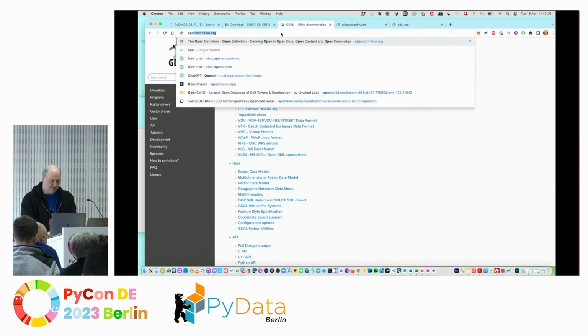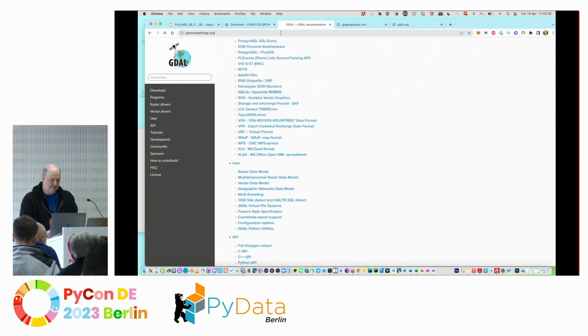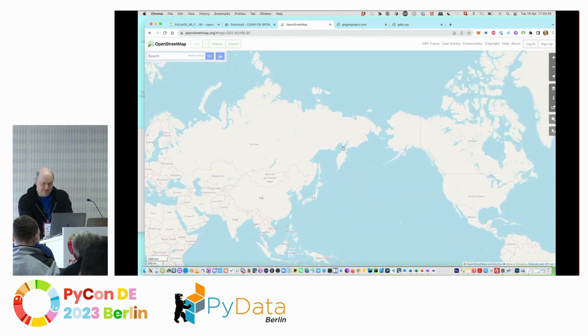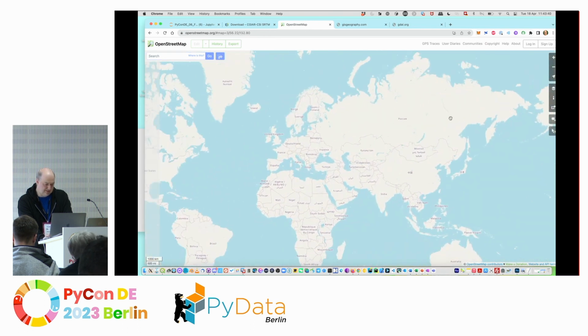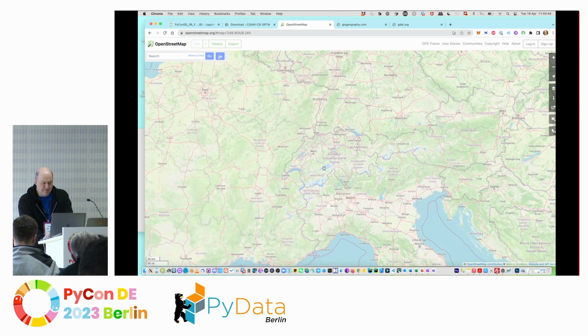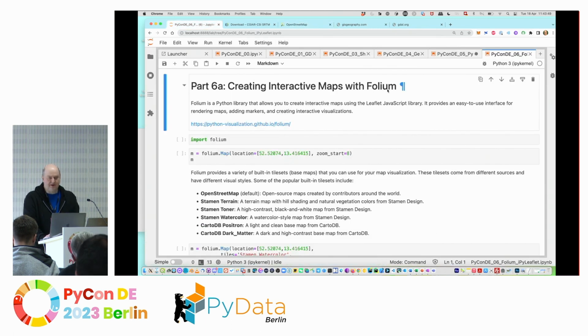So if you go to OpenStreetMap.org, you see this mapping software, which is open source, and this is probably done with Leaflet. Sometimes I change, so I say probably done with Leaflet. There are multiple mapping libraries in JavaScript available, and Folium is basically, it's not a wrapper, but it creates JavaScript and HTML code for us, and we can just look